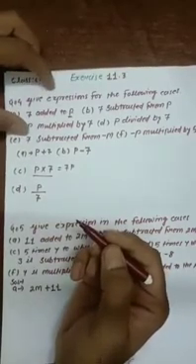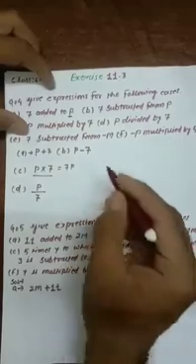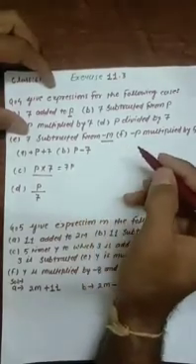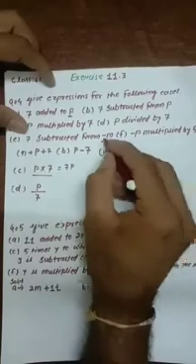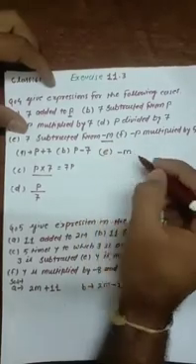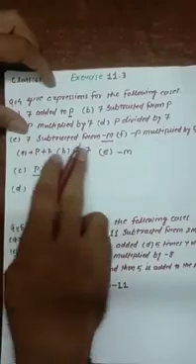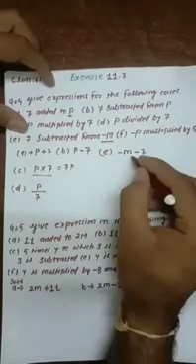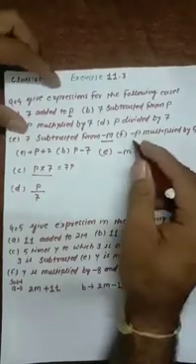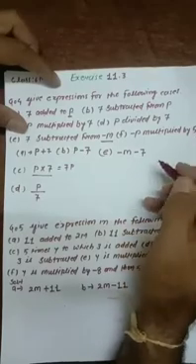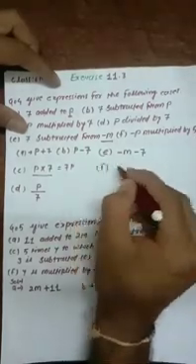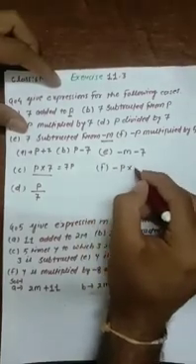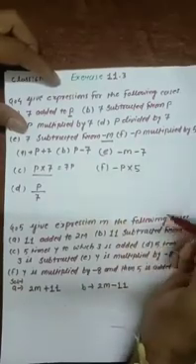Now come to the e part. 7 subtracted from minus m. Minus m is already given, that means the variable is already in negative form. So our variable is minus m, and we have to subtract 7 from it. So your expression will be minus m minus 7. Now come to the next one. Minus p multiplied by 5. Our variable is already in minus form, and this minus p will be multiplied by 5. So this will be the expression for the given question.